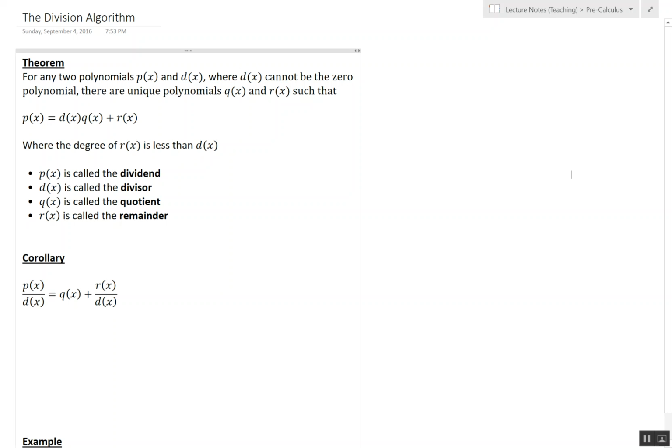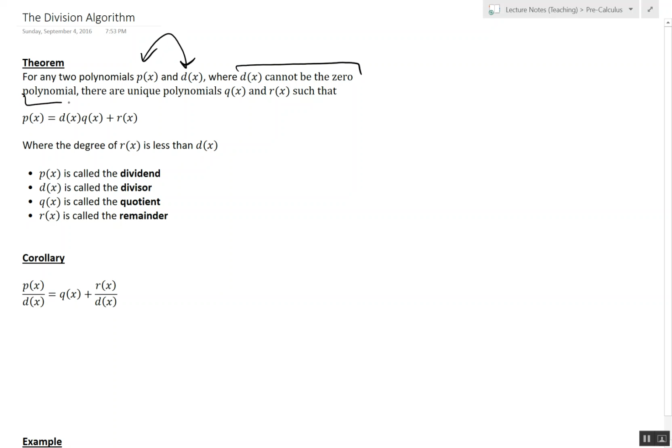Hi everybody, welcome back. We're now going to, in this chapter, talk about dividing polynomials. So the first thing you do when you talk about dividing polynomials is talk about the division algorithm. And that says basically if you have a polynomial p of x, and you want to divide it by some polynomial d of x. And of course d of x can't be zero everywhere, which is what it means by d of x cannot